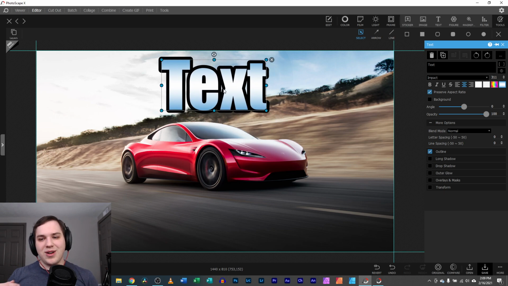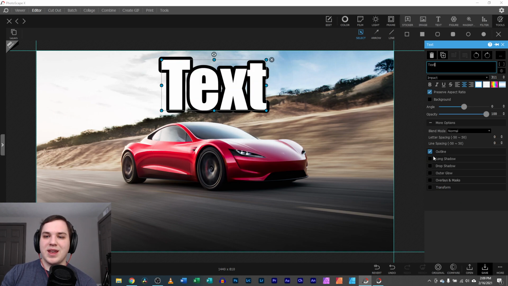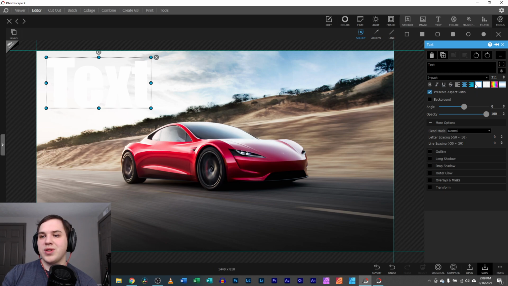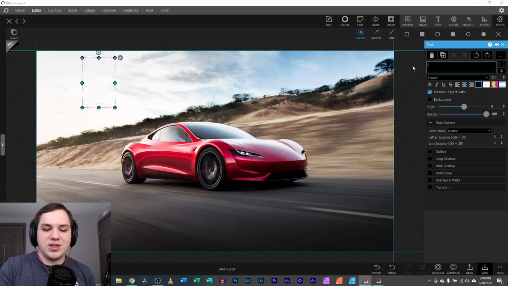Basically, it has an outline, it's using a gradient, and it just takes a little time to learn this type of stuff. But let's just go super basic, and then we'll make something cool. So let's just change it to black real quick. So you have the text box up here. This is where you can write